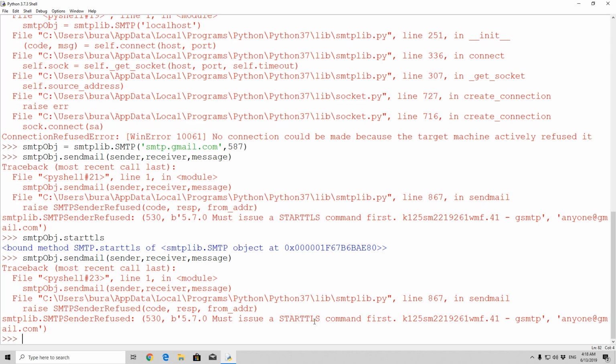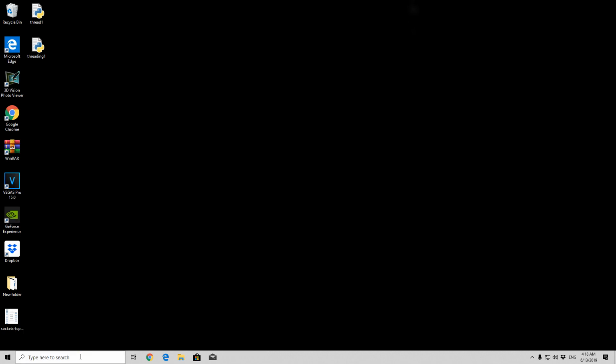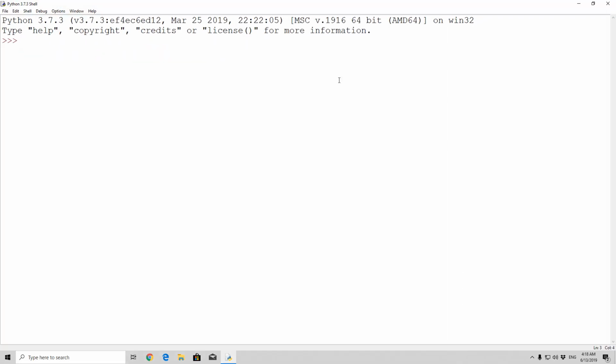But more about that later on. For now, we are mostly interested in sending an HTML email using Python. Let me just restart this because it looks ugly from all of these errors. Let us open up our IDLE, import smtplib,